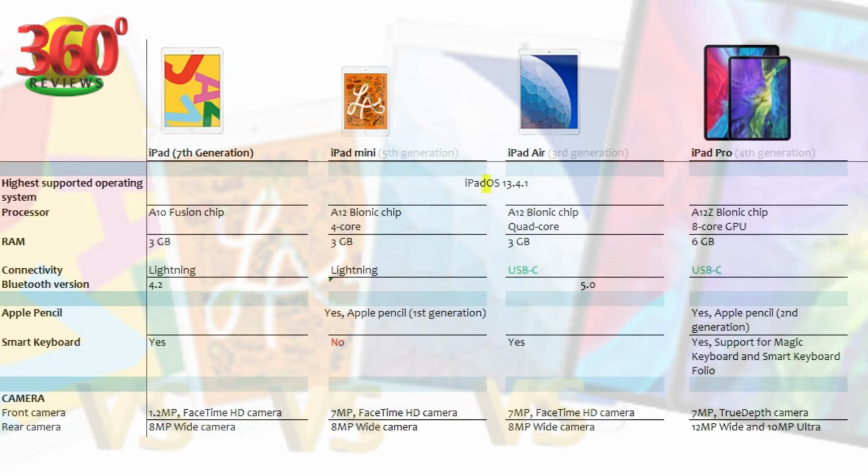All these models support the same iPadOS, and the processor in Pro and other models is more powerful compared with iPad 10.2. RAM is highest in the Pro model. With respect to connectivity, USB-C is only provided in Air and Pro models. As you might know, USB-C can transfer data at much higher speeds and is the next global standard, hence better than the Lightning port. With respect to Bluetooth, except for iPad 10.2, all others are equipped with Bluetooth 5.0.